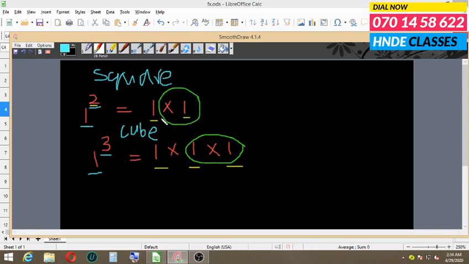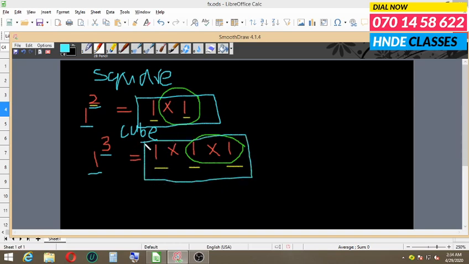So what we have done here is we have squared 1, and here we have cubed 1. So what is the power? What do you mean by power? Power is the product or the result of base multiplied by exponent. So that is the math behind this video as to what is the square, what is a cube.